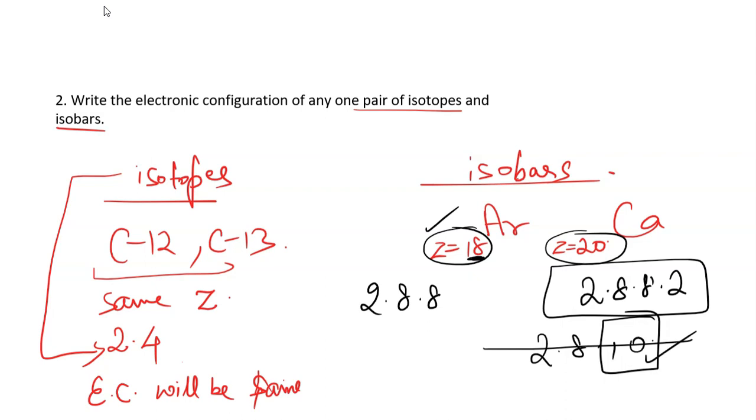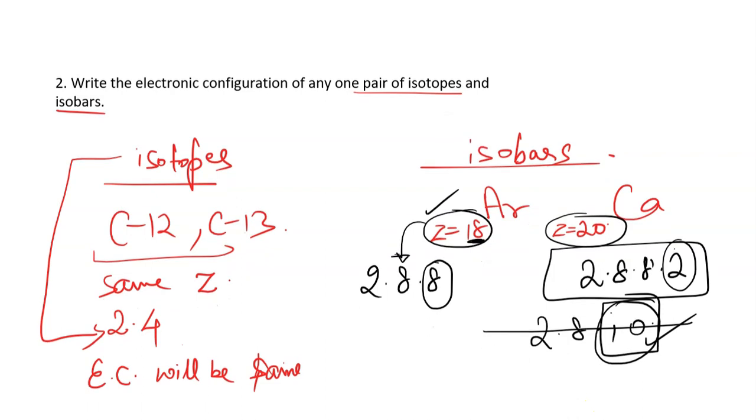The complete reason we will understand when we go through the Bohr principle in class 11. But as of now, what we have to remember is that the outermost shell cannot contain more than 2 or 8 electrons. For writing the electronic configuration at the present level, we will remember the outer shell cannot contain more than 2 or 8 electrons. Okay. Let us do another question.